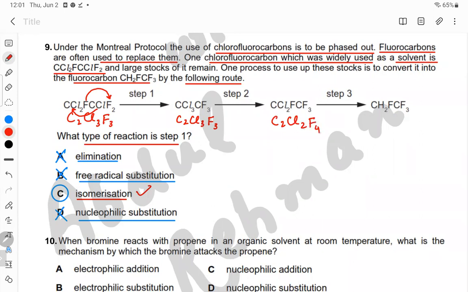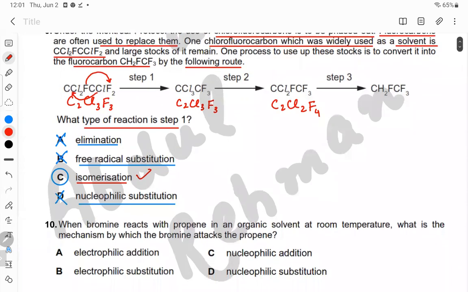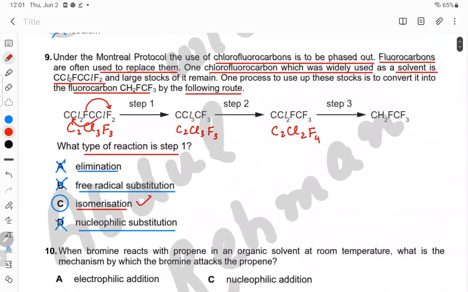So see what happens. One chlorine is substituted by one fluorine. So it means it is a free radical substitution. So step 2 is free radical substitution. Now, if you look at step 3,